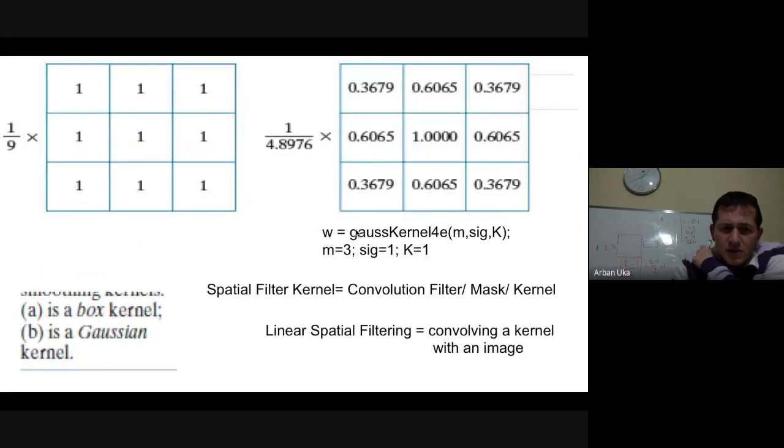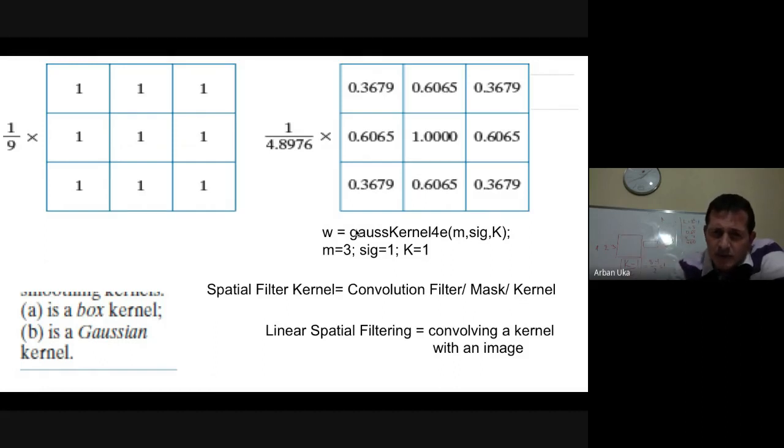So now let's see an example here. For example, here we see two kernels. The one on the left side is a box kernel, which is simply an averaging kernel, because you add them and divide by 9. That's fine. The second one, on the right, is a Gaussian kernel. If we plot this one, it looks like a normal distribution, but it's a 3 by 3 matrix, so it's not a smooth function for sure, but it has a peak in the center, and at the edges it's going to be smaller.